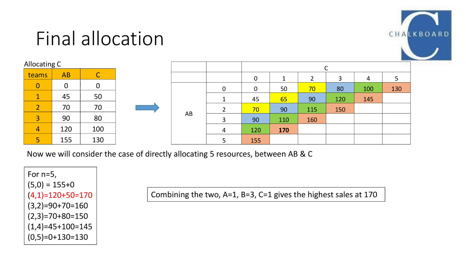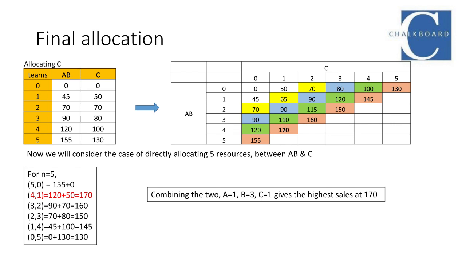Again, here we have 6 possibilities: all 5 in C, 4 in C and the rest in A and B, 3 in C and rest in A and B, 2 in C and 2 in A and B, 1 in C and the rest in A and B, or all 5 in A and B. This gives the result that the best combination is to have 4 people in A and B and 1 in